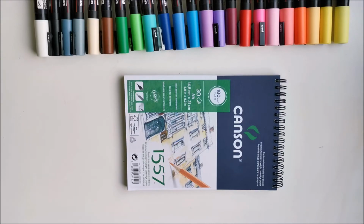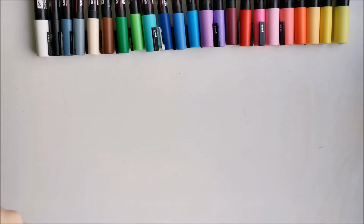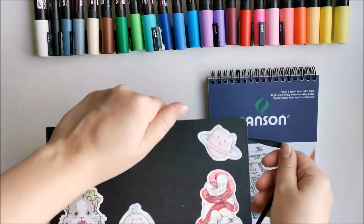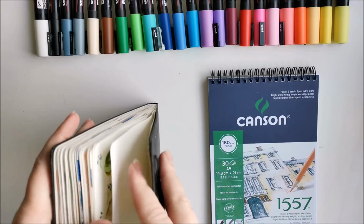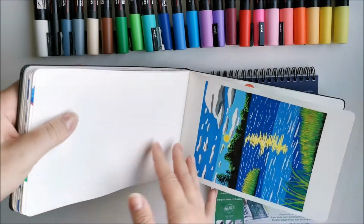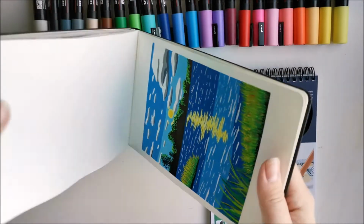Today I'm going to try out some new paper to use my Posca Paint Pens on. Previously I've been trying them out in my Moleskine Watercolor sketchbook, but I bought a Canson A5 sketchbook. It's only 180 gram paper, so it's a bit thinner, but it's pure white, and I just want to see